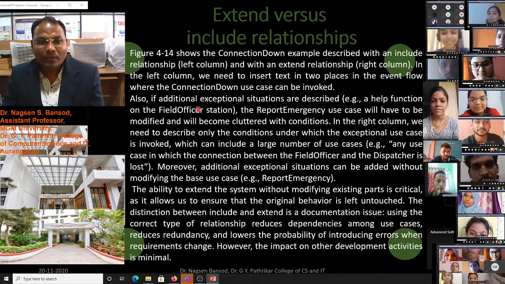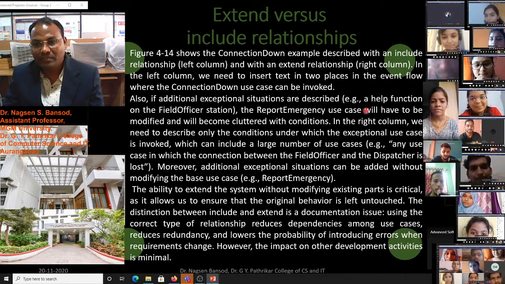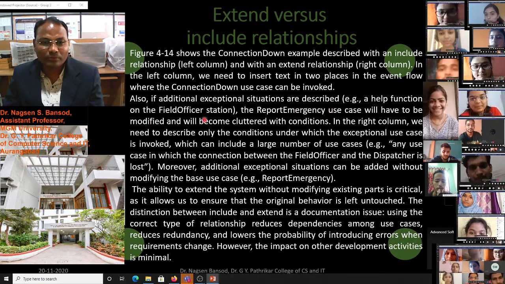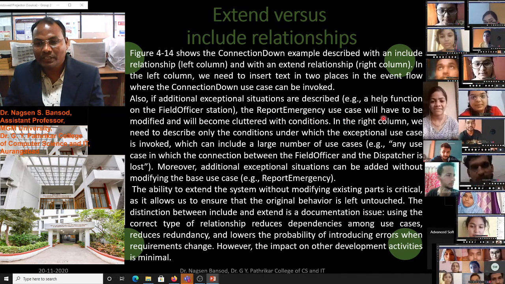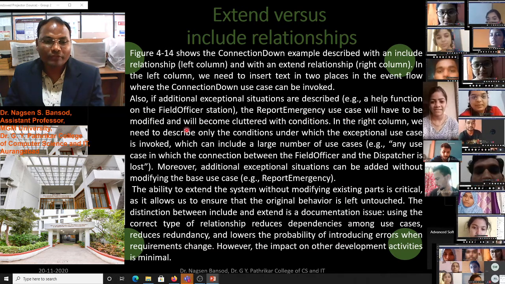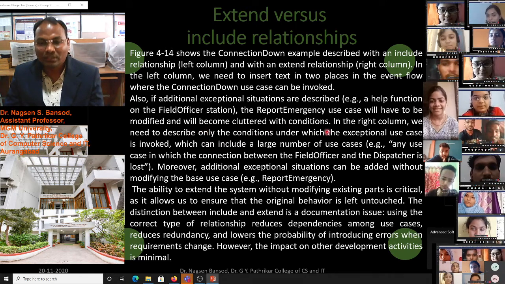If an additional exception situation is described, for example the help function of the field officer situation, the report emergency use case will have to be modified and will become cluttered with conditions.